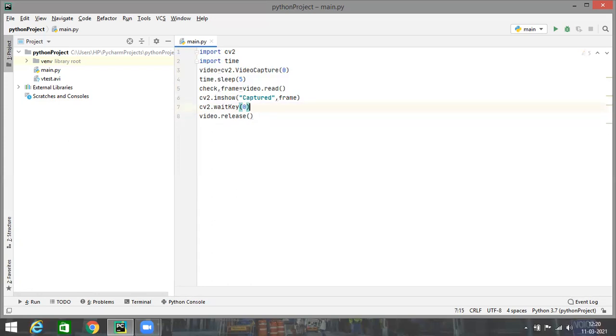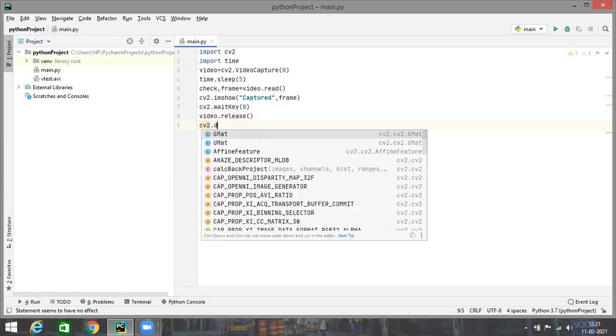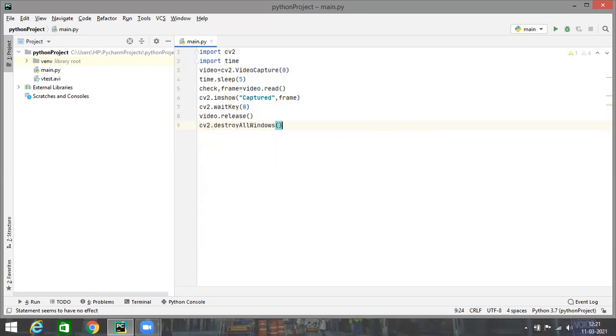Similarly, once the video capture is completed and we are able to see the first frame, we'll have to destroy that window whenever the user presses a key. For that, we'll invoke the destroyAllWindows method. I hope you are familiar with this function; we have already used it in the previous video. I'm telling you again: if you are not familiar with the destroyAllWindows, imshow and waitKey functions, please go to the previous video in which we understood how to read images in Python. Now we have created a window which will display the first frame being captured by the webcam.